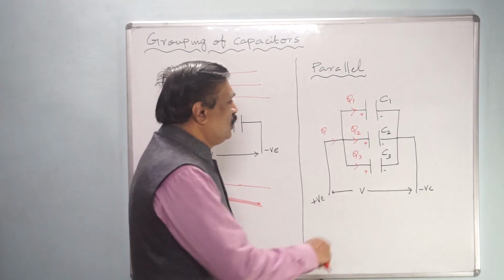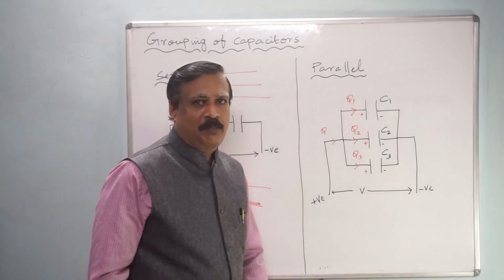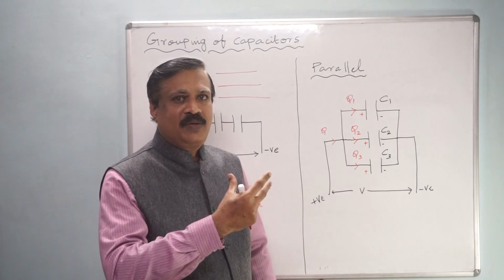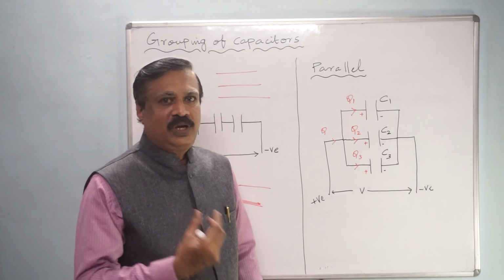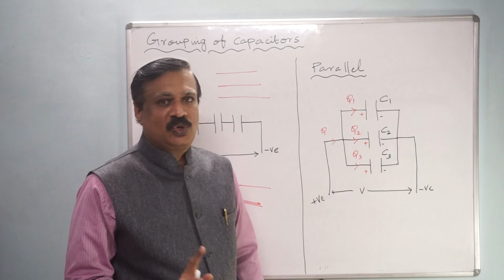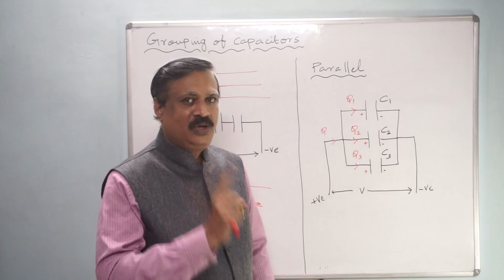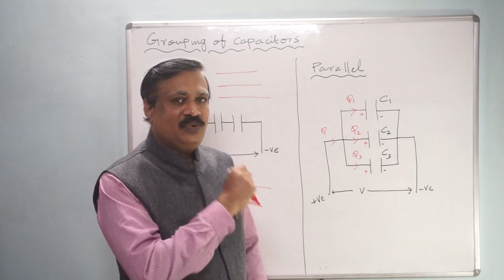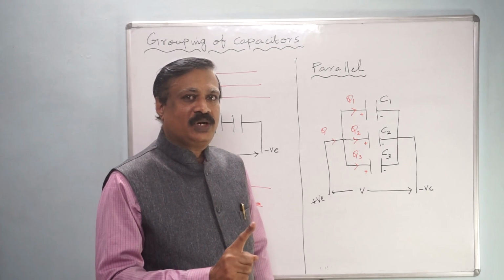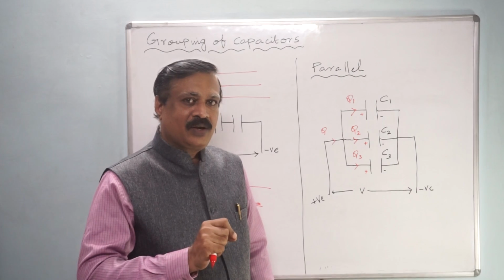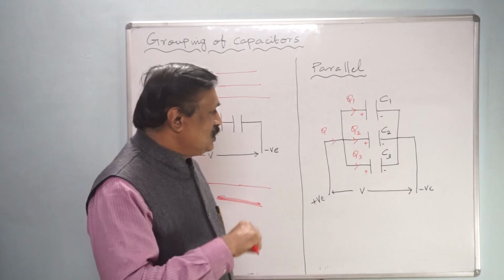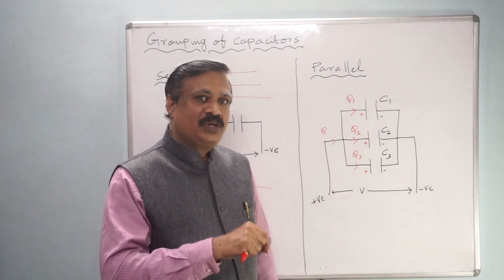In parallel connection, I have connected three capacitors. In our houses, all the appliances are in parallel connection. That means in parallel connection, voltage is same. That is what you have to understand. If you understand this one thing, you can derive the formula and you can remember the result. In parallel connection, voltage is same. Voltage is same means, what is the other quantity?